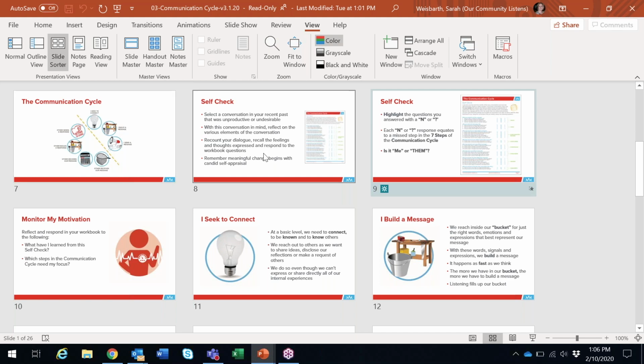The self-check is in their workbook. This is where you want to facilitate your time and be aware of your participants' tendencies with this. You'll see different tendencies: some whip through this really quick, and you'll see others really taking time to reflect and take time in answering the question. We want them to really spend the time reflecting, where did this conversation go wrong? So giving them the time to fill out that self-check, reflect on that conversation, answer those questions with a yes and no, and then move into highlighting.